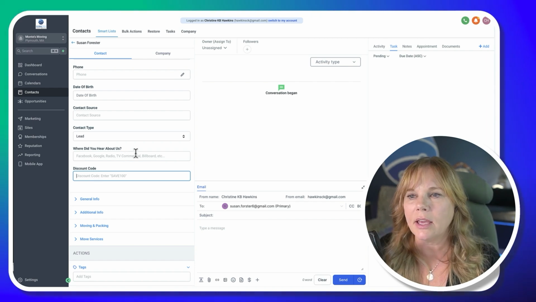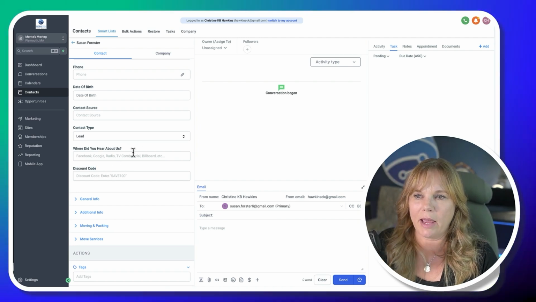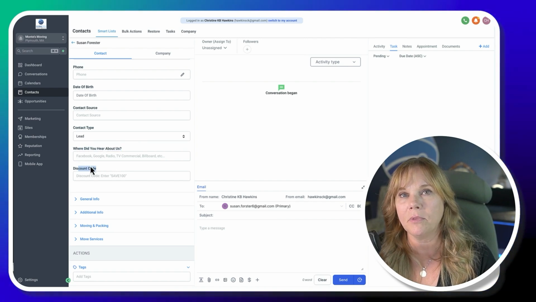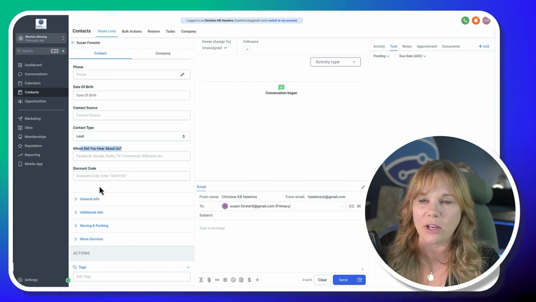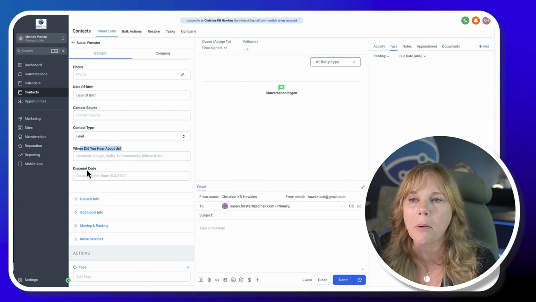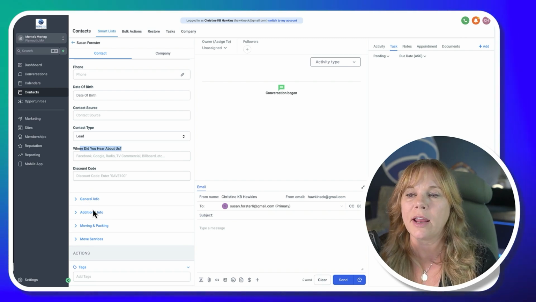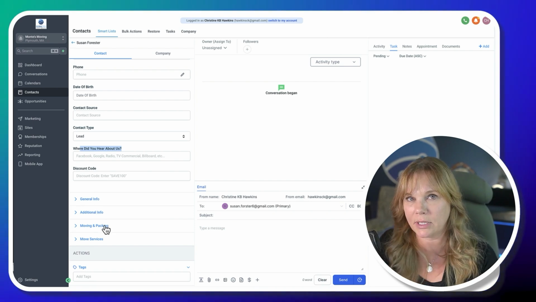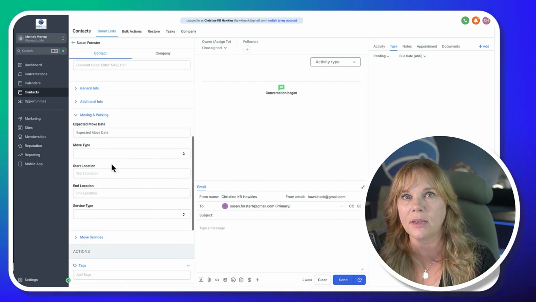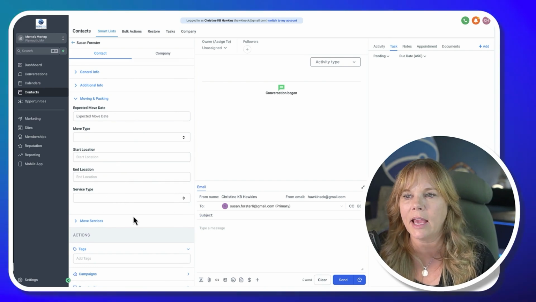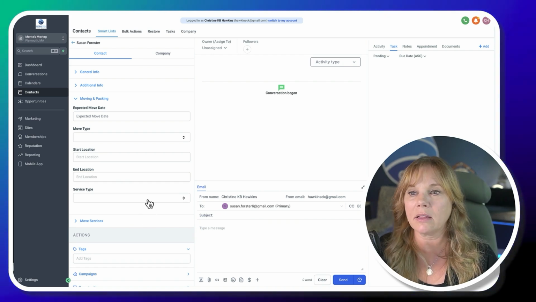But here's the thing, this might not show up for you. Everybody might be a little bit different. This is all done by a custom field section that we create for you, and we can organize this a little bit more. If I were to go back, I would probably move this into a sales category, which is what all of these are. General information category, additional information, and this particular account is a moving and packing company. So we'll add very specific custom fields. And again, it's attached to forms. It can be attached to automations to have them completed automatically or removed.